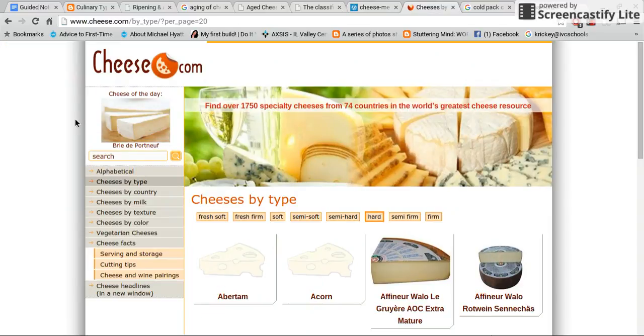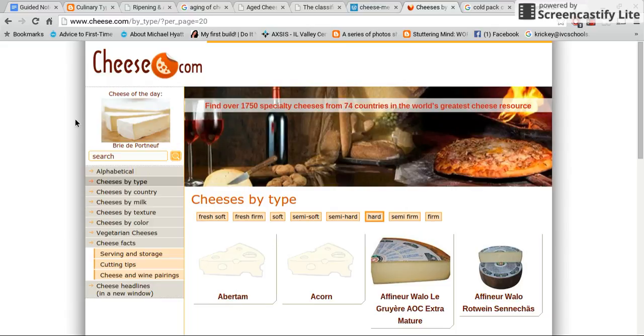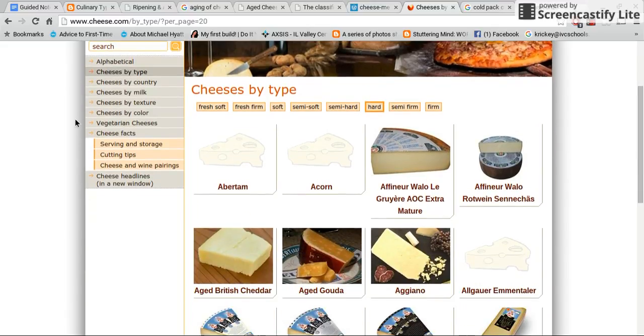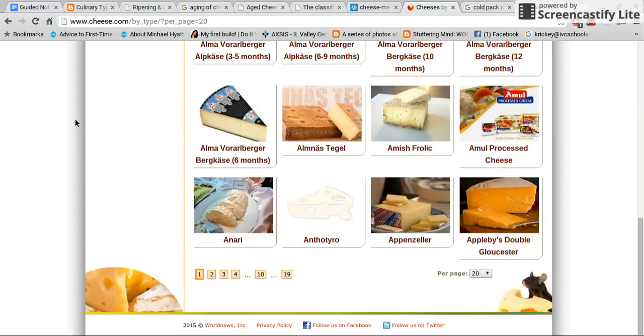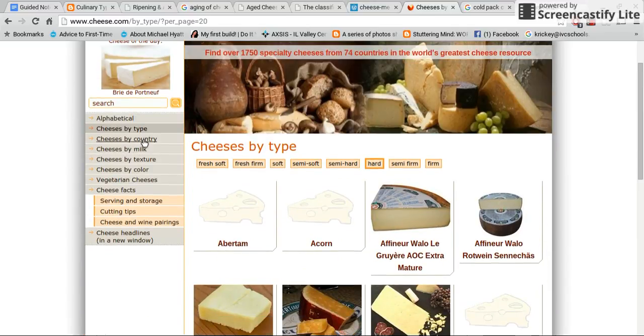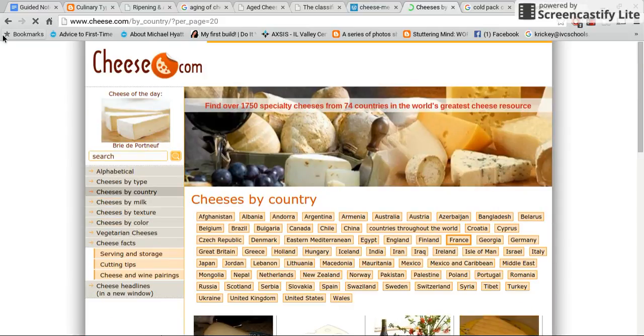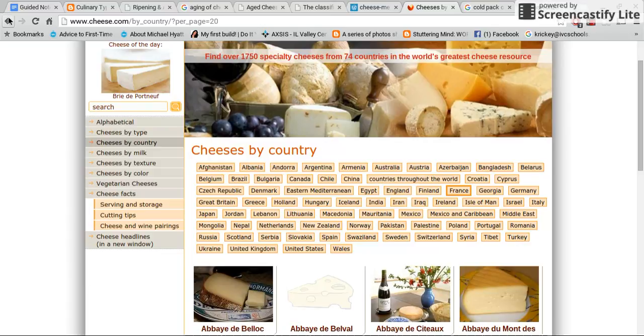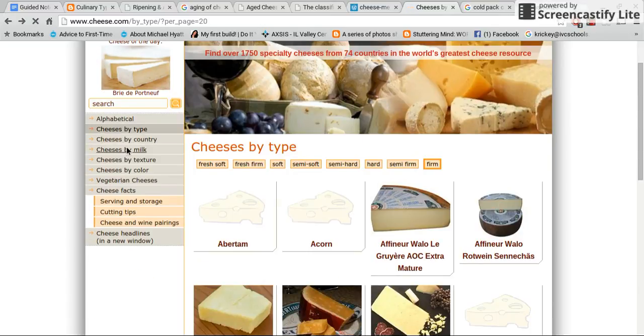This is probably my favorite website I have found so far, cheese.com. So cool. They have all of these different images of cheeses. You can go through all of them. I'm not going to do that. You can also break down the cheeses by like what country produces them. Pretty neat. You can see like where they're processed at, where they're popular at, by milk,